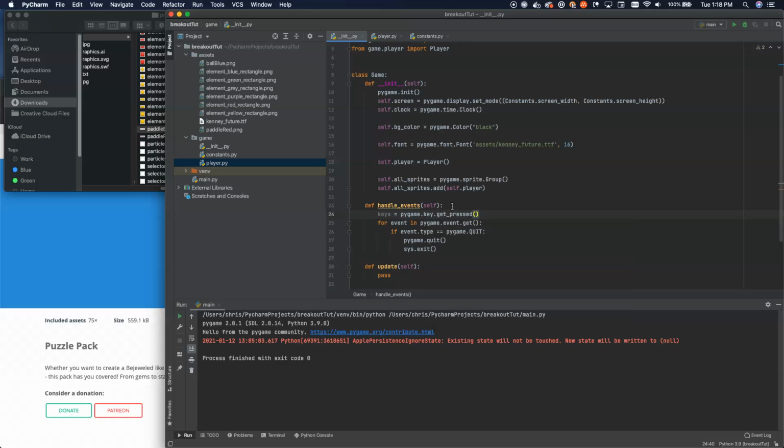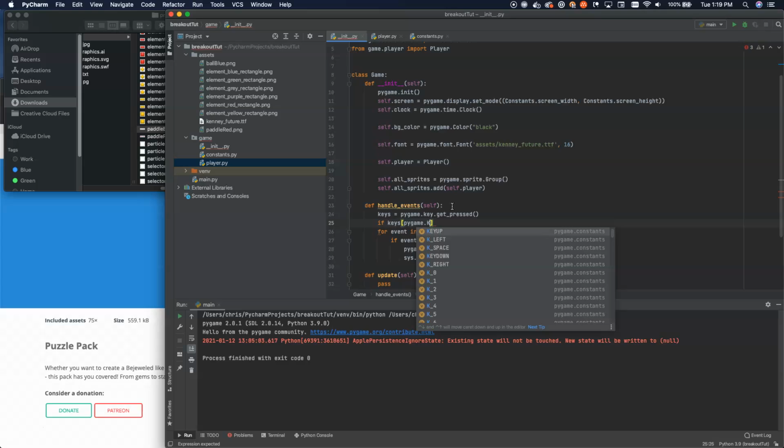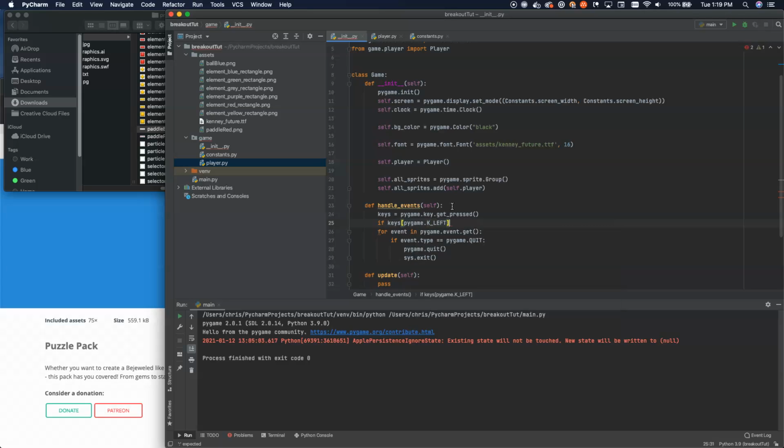So that's a convenience function to grab all the keys that are being pressed right now. Okay? And then we can just do simple ifs. So if we have a key press, and let's say pygame.K_LEFT. So if we're pressing the left key, the left arrow, then all we have to do is call